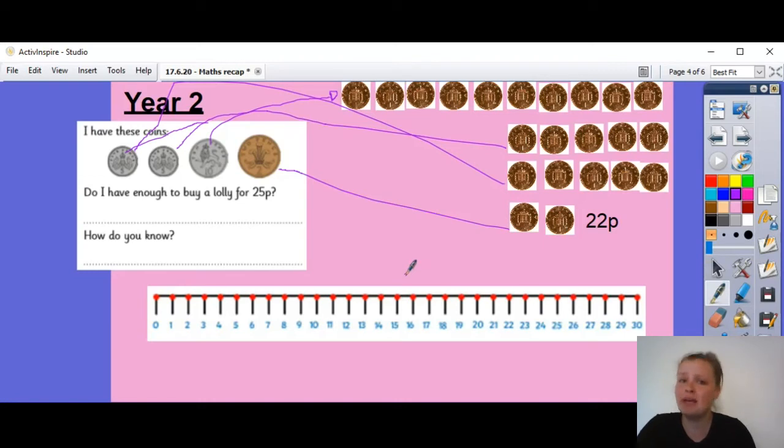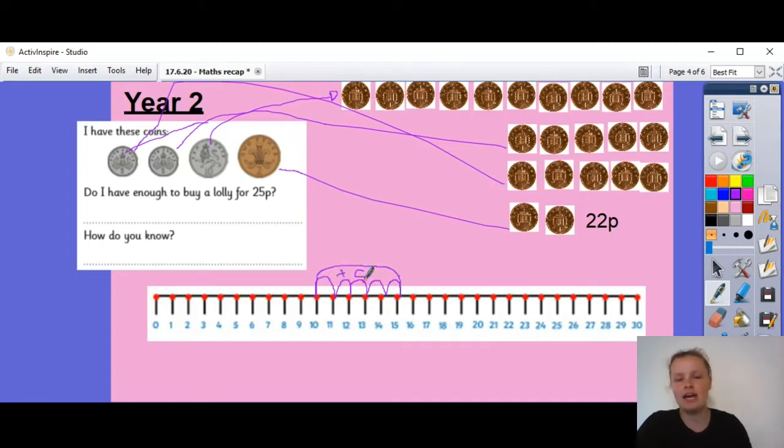So I'm going to start with my biggest coin, the coin that's worth the most, and that's the 10p coin. So I'm going to start on 10 on the number line. Here's 10. Now I'm going to add 5 first. I can do it in jumps of 1 on a number line, or in bigger jumps. Today, I'm just going to do it in jumps of 1s. So 1, 2, 3, 4, 5. So that's my first jump